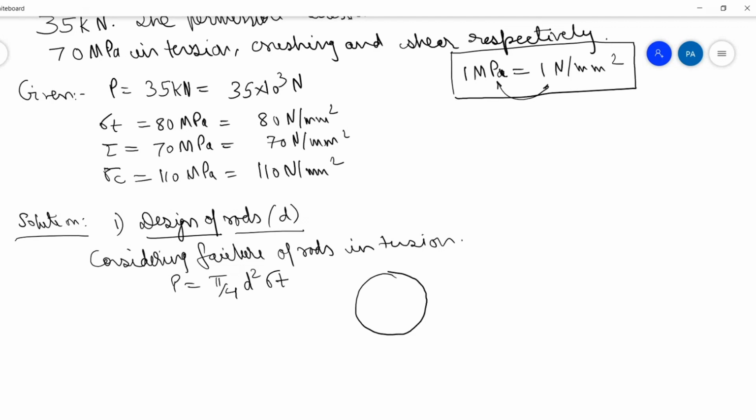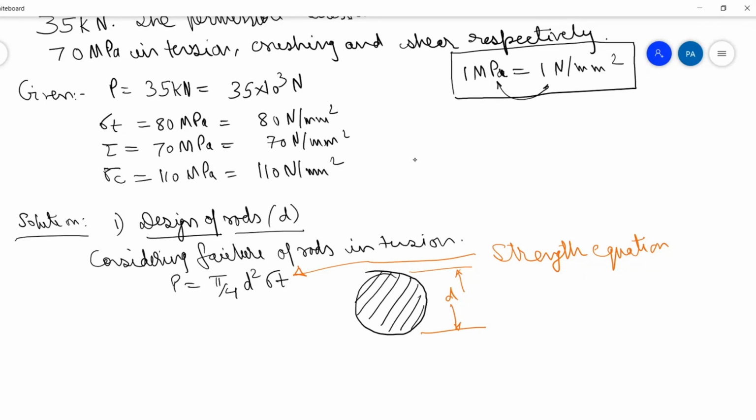Also draw the failure sketch here. Whenever you are writing the strength equation, this is called as strength equation. So whenever you are writing strength equation, you should always draw the sketch. Now we know the value of P, 35 into 10 raised to 3 equal to pi by 4 d square into 80. Therefore, d equal to this much mm,